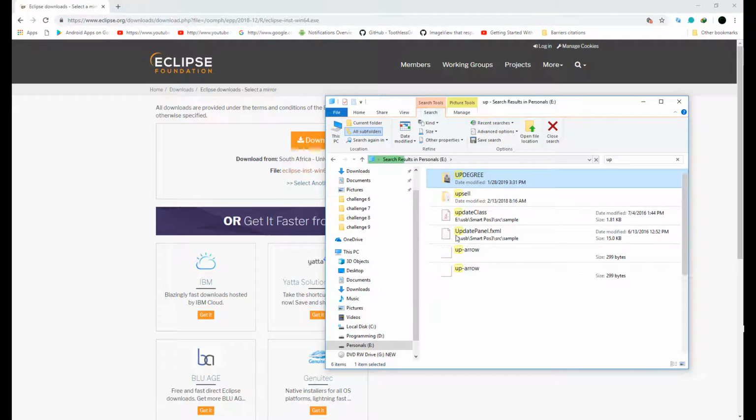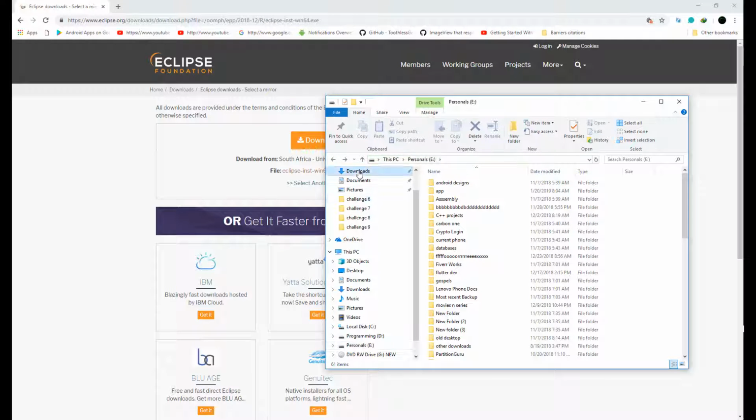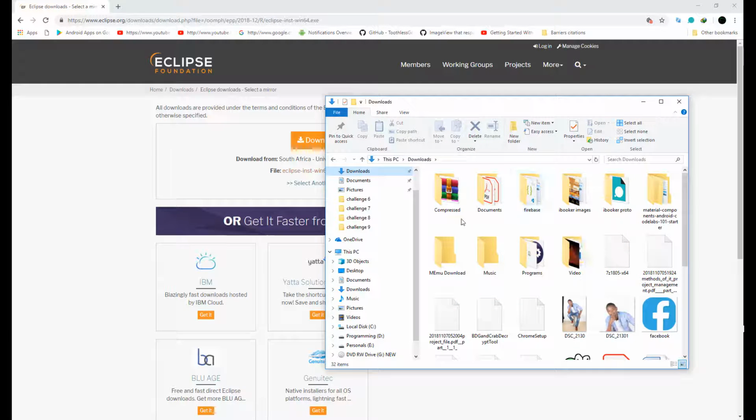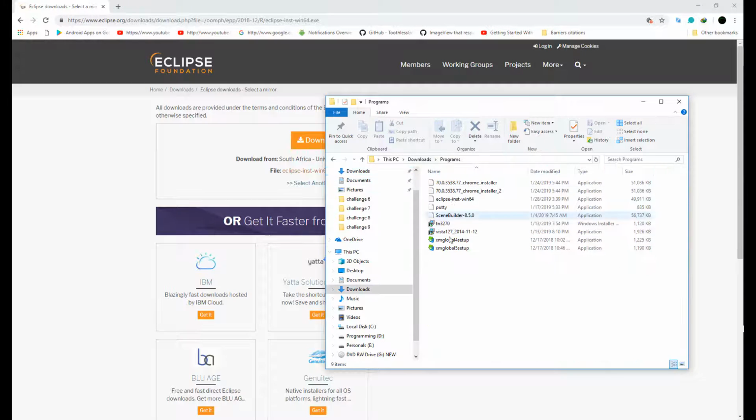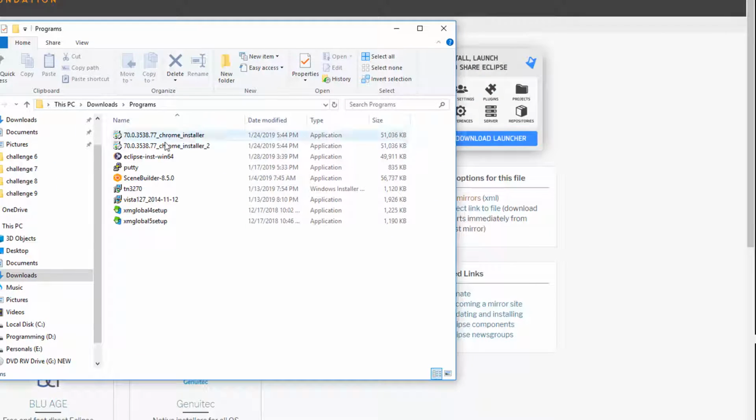Okay, guys. I just need to go to downloads, then programs, and you can see this is my Eclipse. It was in my downloads folder, then the programs folder. This is it, guys, and it's simple. You just double click on the installation,